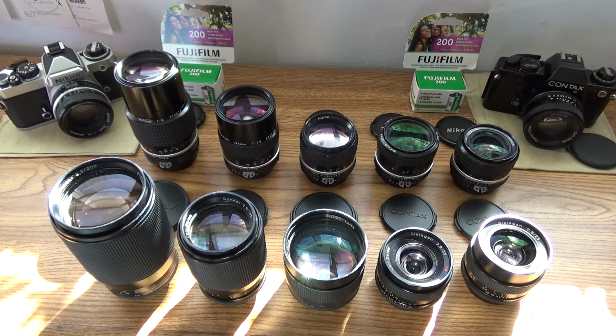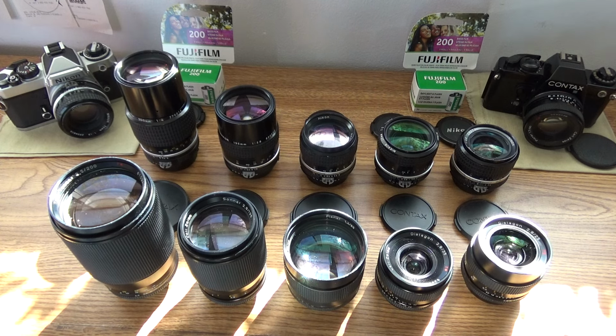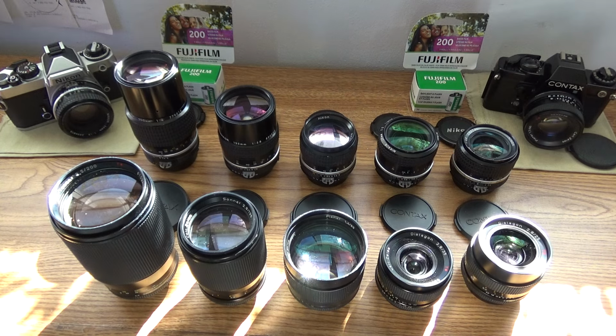Today I'm starting out a more complex video than anything I've undertaken before. It's going to be a long video, and I'm going to split it up into 3 parts, starting out with the first part here and then going on from there. And this is going to be a comparison of matching Carl Zeiss and Nikkor lenses in a side-by-side comparison with the